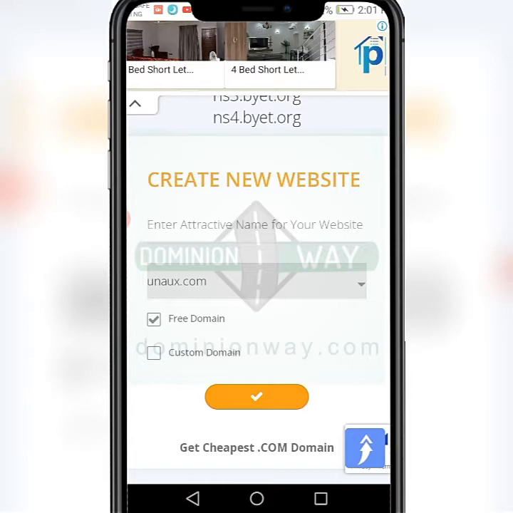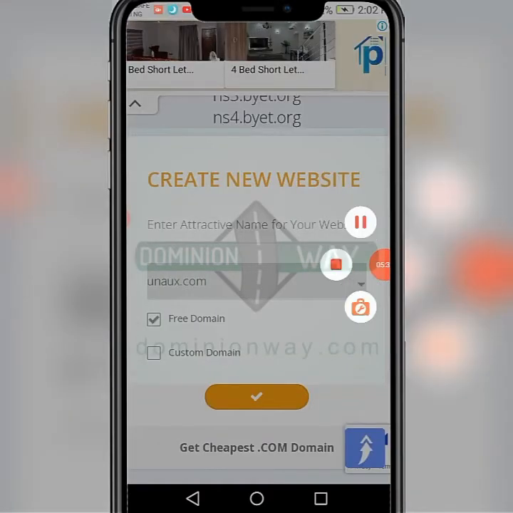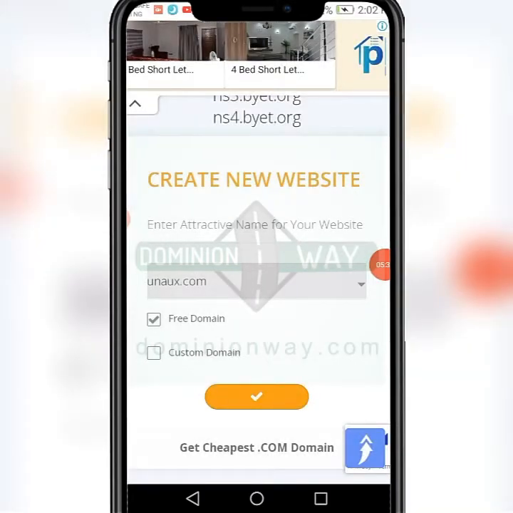A custom domain name has just one dot. For example, yourname.com. Now the .com is the extension which you purchased. It can be .com, it can be .org, it can be .xyz, it can be .co, it can be .ng. But if we are going with a subdomain name